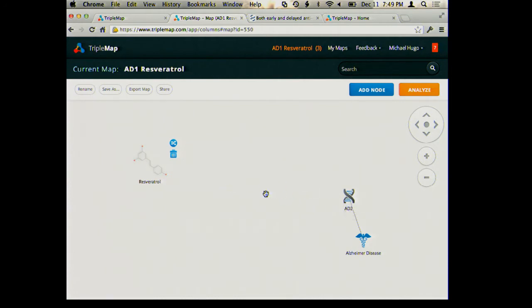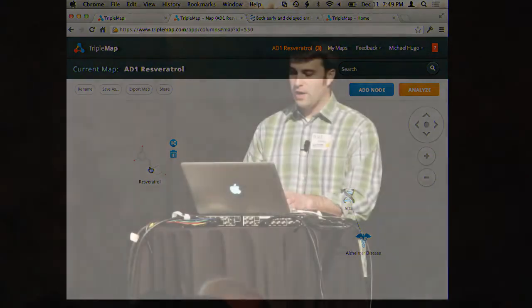So right here I have a map that demonstrates, I'm doing some research on Alzheimer's. I know that there's a gene called AD2 that is related to Alzheimer's, and I'm interested to know if there's any relationship between that gene and a molecular compound called resveratrol, which is known to be in existence in red wine. So you can see there's no line between these two things that connects them directly,